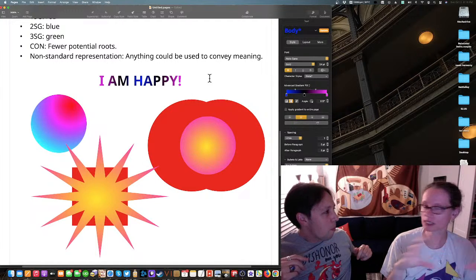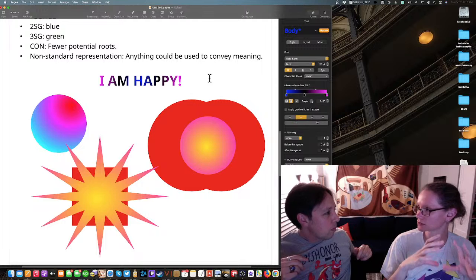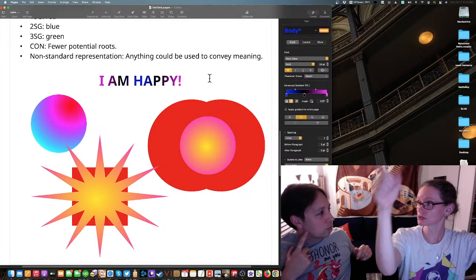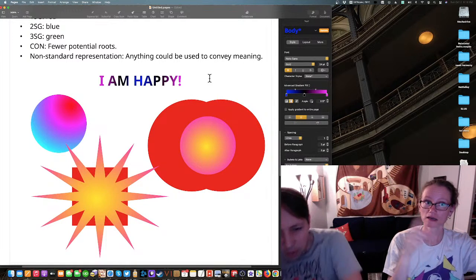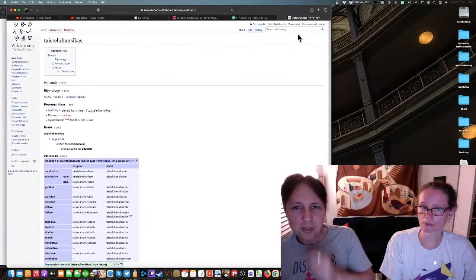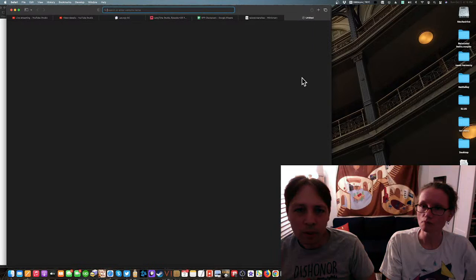So you can't ever have more than one idea on one canvas. Otherwise it would get so muddled that you wouldn't know if this red dot goes with the happy or with the sad, because there's also a green dot, which means somebody else is either happy or sad. Not necessarily.